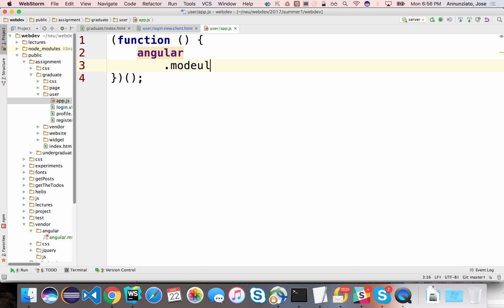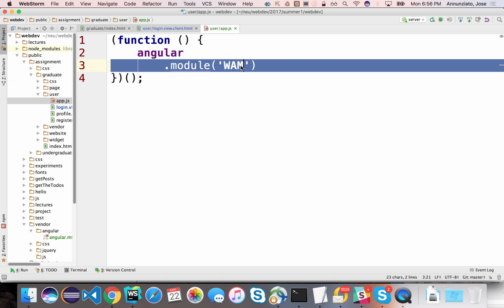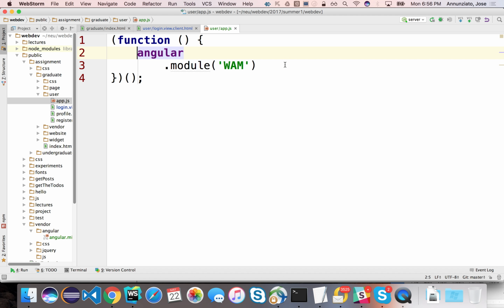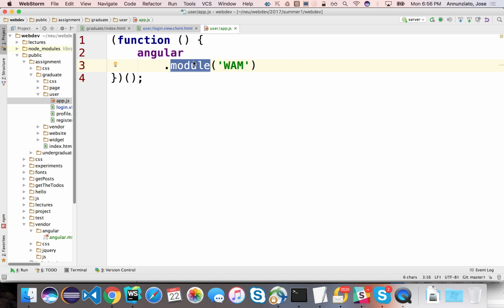What we're going to do is create the WAM module. So this string needs to match that string. And right here, what this syntax says is that I want to get a hold of the WAM module, but the WAM module doesn't exist. Typically, a common syntax in JavaScript when you're creating your own functions is